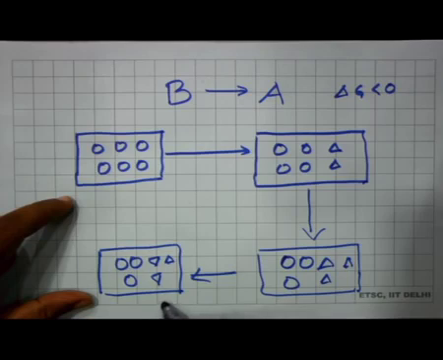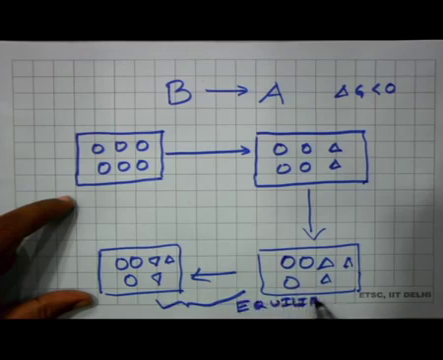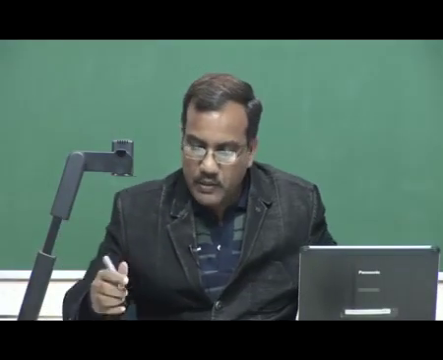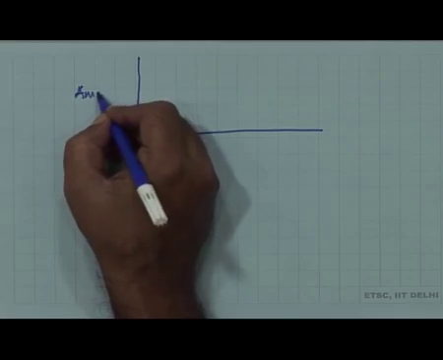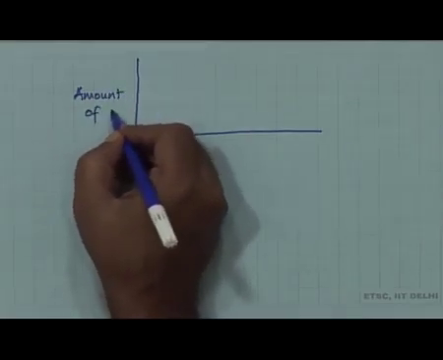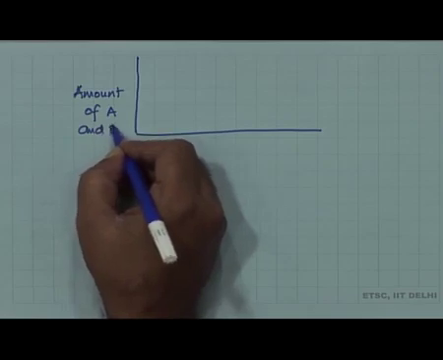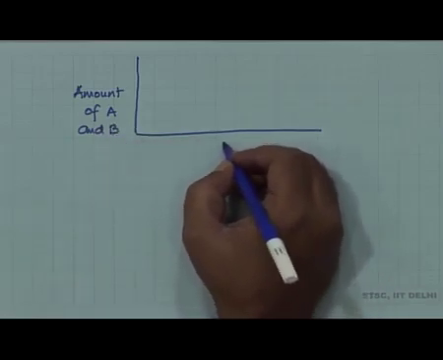And if we leave it for more time, there is no change in the number of molecules of A and B, and then this state is called equilibrium state. So, suppose if I plot amount of A and B with extent of reaction,